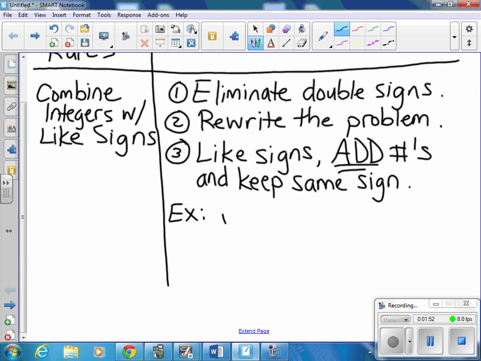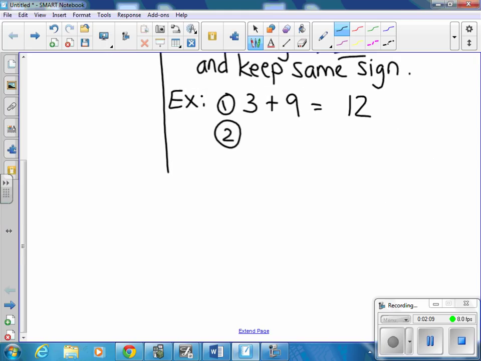So for example, we're going to go back to bare basics with elementary school for a minute. Okay, positive 3 plus 9. Both numbers are positive, so that's like signs. That means we're going to add the numbers together. 3 plus 9 is 12, and because both numbers are positive, that means the 12 is going to be positive. All right, for the second one, if we have negative 4 plus negative 7,